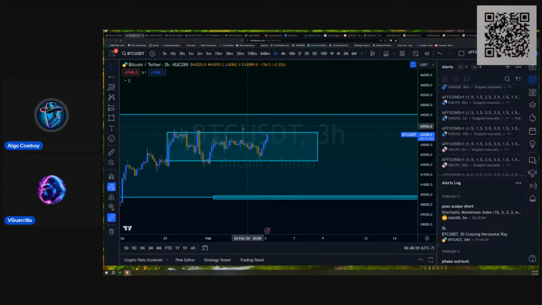So when I went short, I'm sure a bunch of other people did as well. Their stop losses were up here. Bitcoin went up and grabbed it, but I was smart enough to take off more than half of the risk and profit prior to Bitcoin doing that. So that is what that is, right?